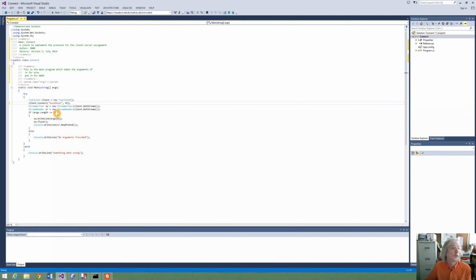So if the argument's length is exactly 1, then we want to check that that argument is equal to /n. If it is,